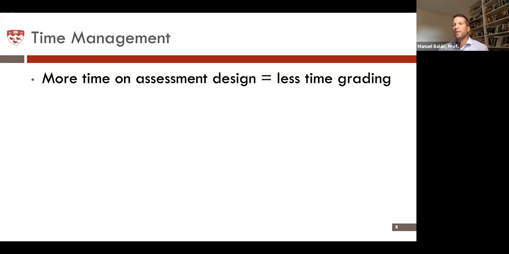I am spending quite a bit of time thinking about and actually writing the different assessments that I'm asking them to fulfill for this class. This is, again, really purposeful. I know I'm spending a lot of time on this end of the bargain, right? But in my experience, this results in less time grading. The quizzes are auto-graded. There are clear grading rubrics for essays and for the take-home exam. And the participation part, well, it's the participation part. There's no way around that.